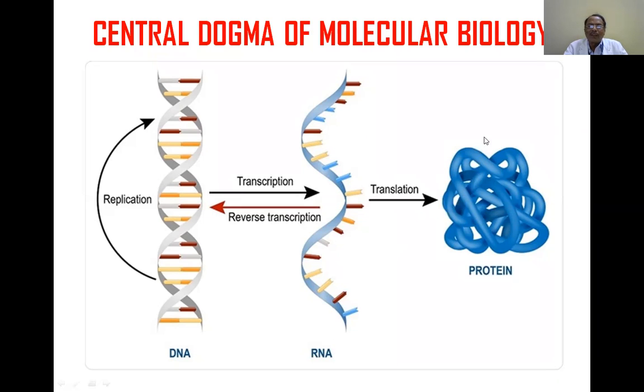Then one by one, 1, 2, 3, 4, 5, up to 146 amino acids will be linked, and a protein molecule will be completed. One amino acid is linked to another by a peptide linkage, and this linkage occurs in the ribosome. The ribosomal proteins have the capability to catch the amino acids, take them out of the tRNA and link them one to another, first amino acid to the second, second to the third. The peptide linkage is created by the ribosomal proteins with the help of ribosomal RNA, and at last a protein molecule is completely synthesized.